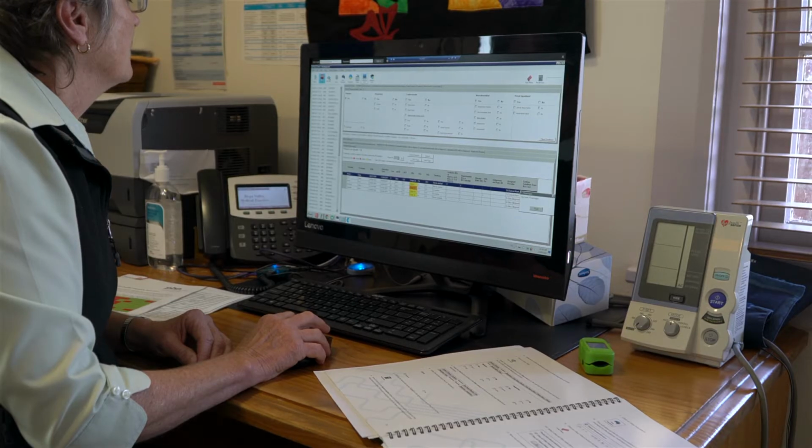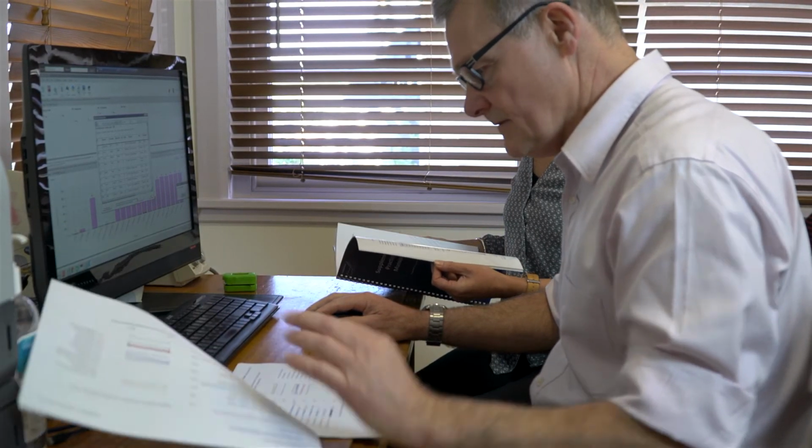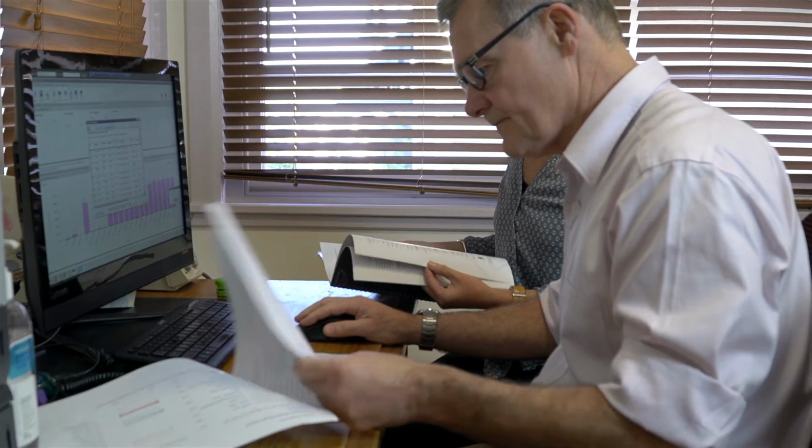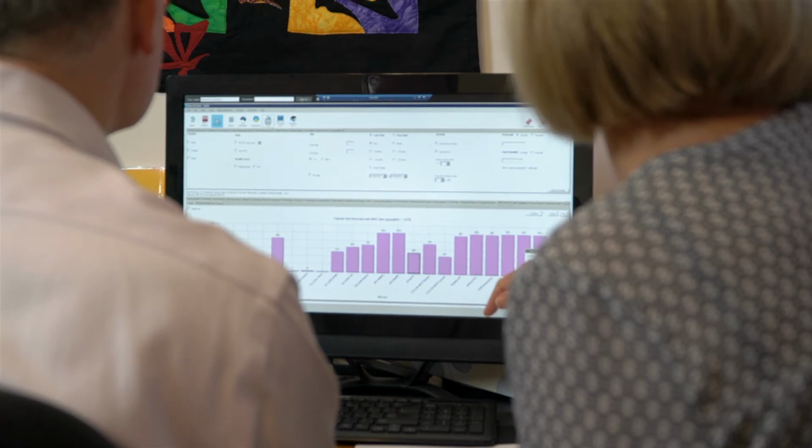So we run current reports to get the data, and then we use the data to compare against previous reports and also against our peers within the region. We have recently looked at the number of patients who are on mental health medications or antipsychotics or antidepressants, and we've realised that 75% of them actually don't have a current weight or BMI recorded in their notes,